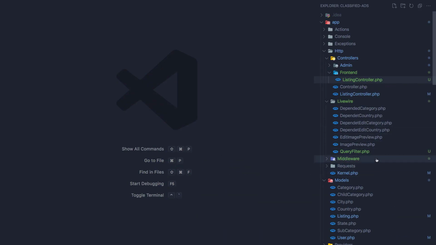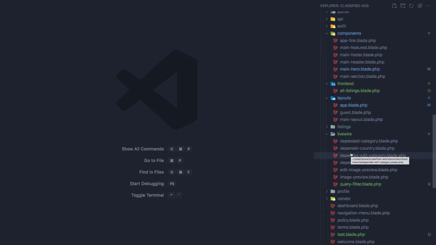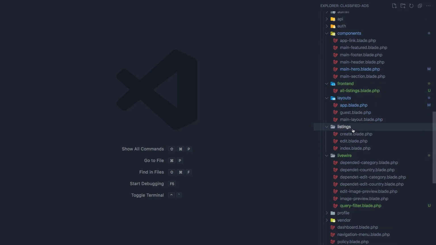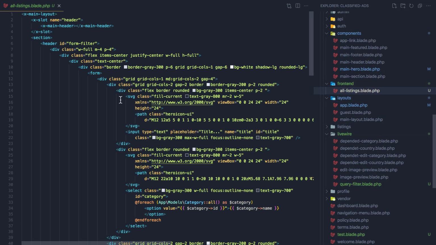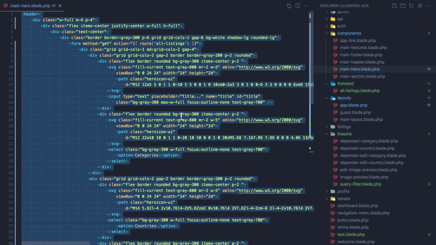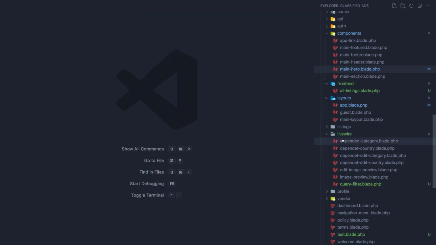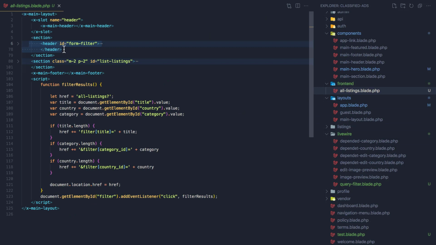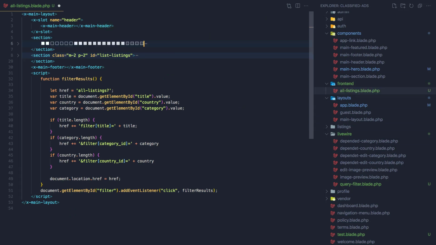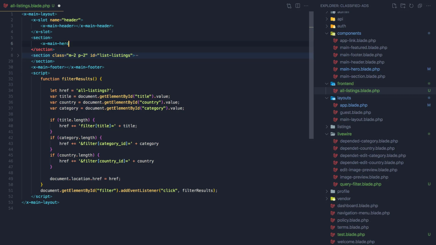So for that, if you go in the views and add listings, here we have the header. I'm going to copy the header and paste that in the mine hero. So select all here and paste that one, hit save, and now in the add listings we remove that header and pass the component mine hero. So x mine hero, hit save and